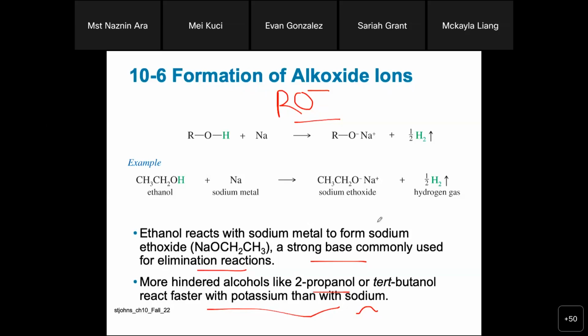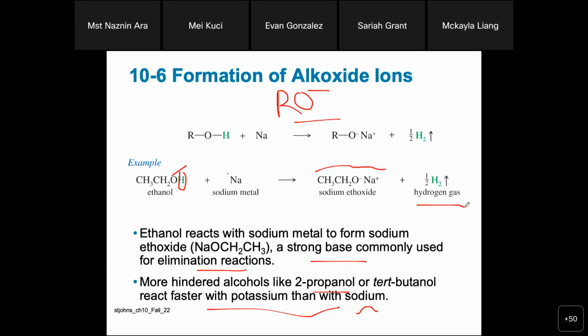But when we use sodium metal, sodium metal has a positive charge, correct? So it actually eliminates the hydrogen, and takes its place. So they replace the hydrogen and take this place because the strength of sodium here, the metal, is higher. So this is how sodium ethoxide forms, and here sodium acts to remove the proton, like the hydrogen ion, and they